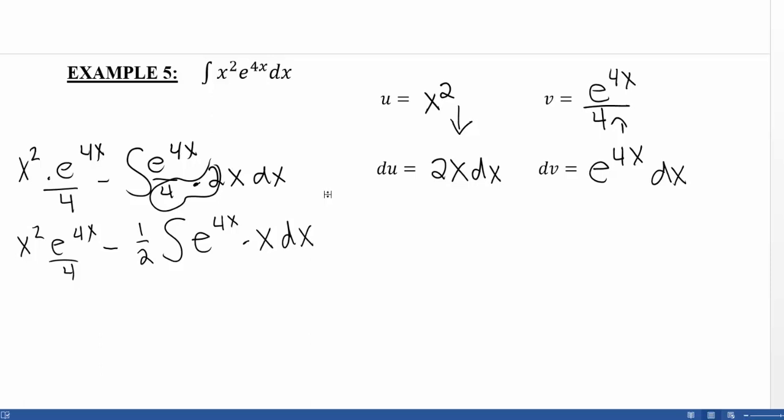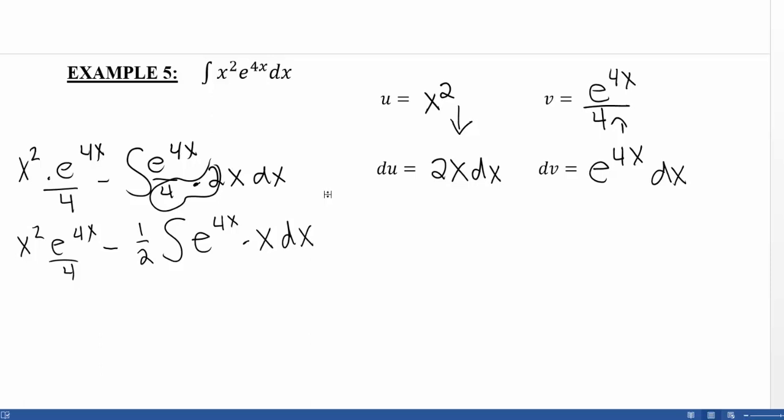But here, I have an integral that has two functions multiplied together, which means I can't just use the chart to find the antiderivative. So does that mean we did something wrong? Well, the answer is maybe. So if you're doing integration by parts, and you get to the part where you're looking at the integral that's part of the formula, and it's not something you can do from the antiderivative formula chart, you need to consider